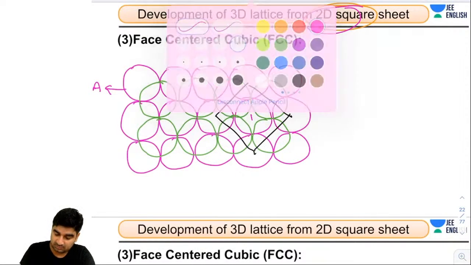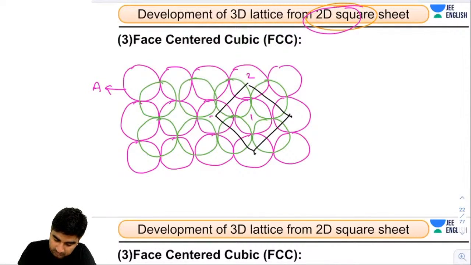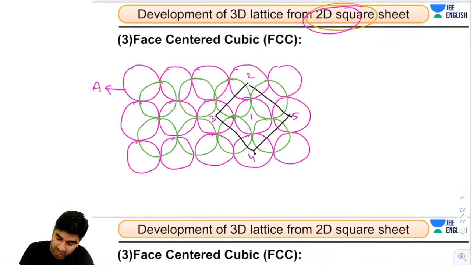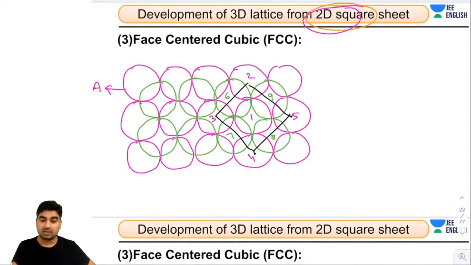This is 1, 2, 3, 4, and 5. Now we have 1, 2, 3, 4, 5, and this one is 6, this one is 7, this one is 8, this one is 9. Any doubt, guys? So actually what I'm trying to show you is, guys, here if you focus on the pink color,